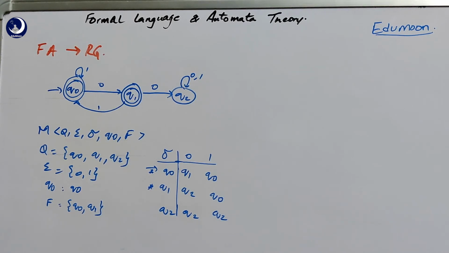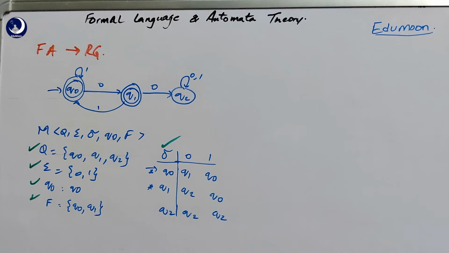So the set of states is given as Q, capital Q is nothing but Q0, Q1 and Q2. And the input symbols, sigma, is given as 0 and 1. Here the initial state is Q0 and the final states are both Q0 and Q1. Finally, the delta transition is shown using the diagram and the state table there, with Q0 on 0 and Q0 on 1 and so on. The table is given already.